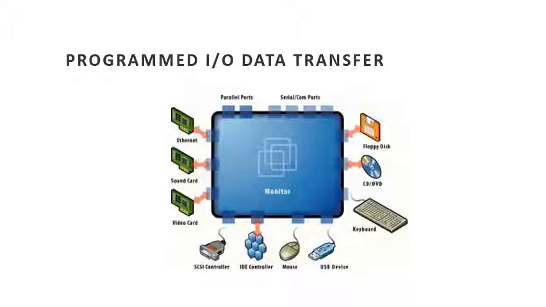Using the IN and OUT instructions, data transfer is carried out between the microprocessor and I/O devices. The microprocessor reads the data from an input port or input device using the IN command. The processor sends data out from the microprocessor to an output port or output device using the OUT instruction. Thus, the speed of the processor and external devices matches. The data transfer process is carried out using IN and OUT instructions.